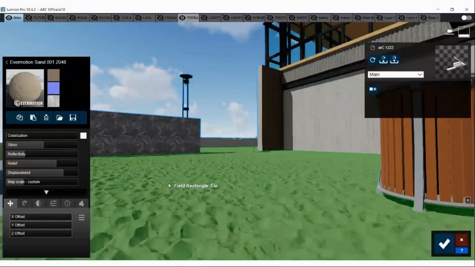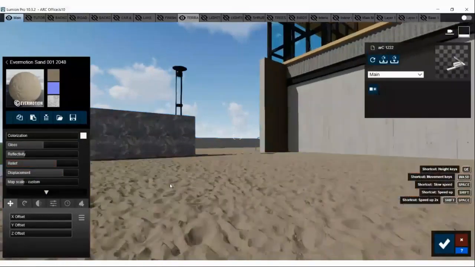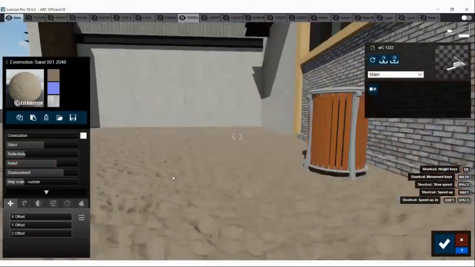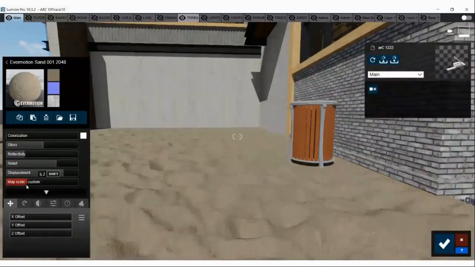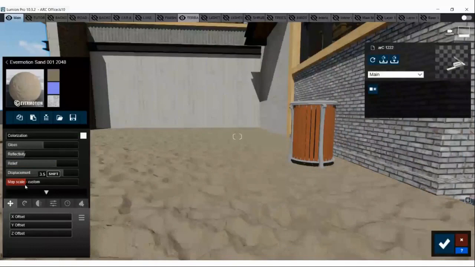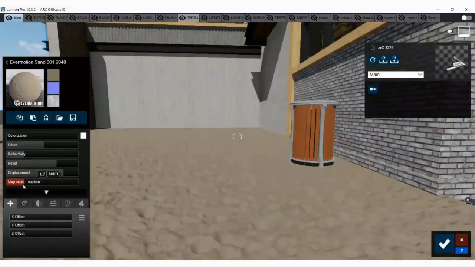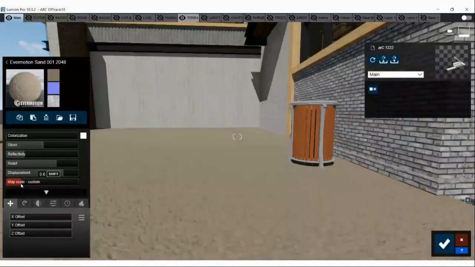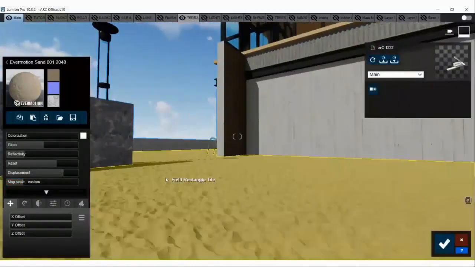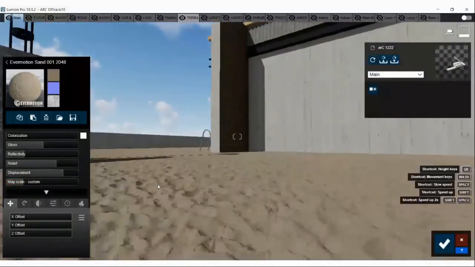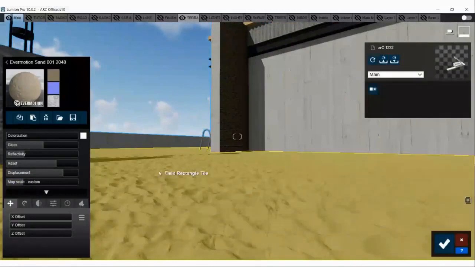I will add some relief. Now you can actually feel the material. You can control the map scale also. So this is a sand with the displacement. This is really helpful because for a bump map, for this kind of material, you can just select from Lumion and implement on your project for the presentations.